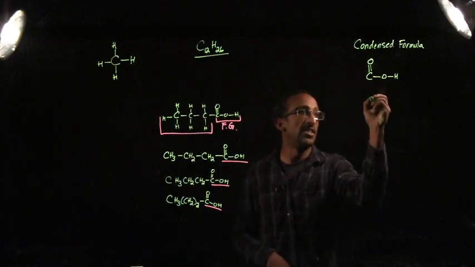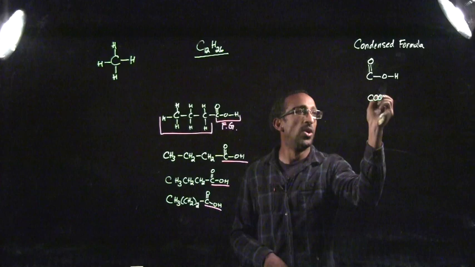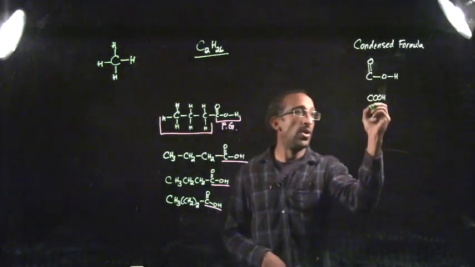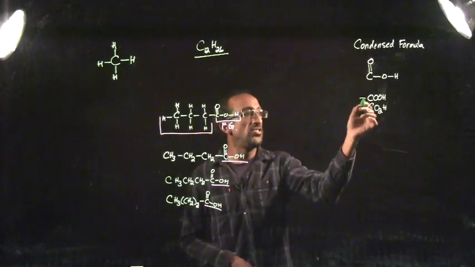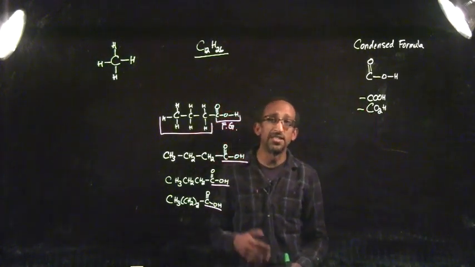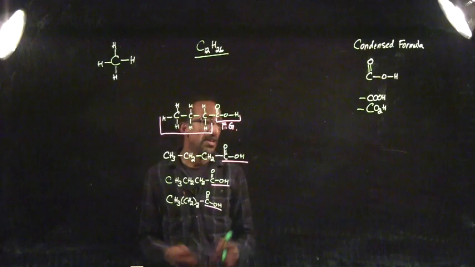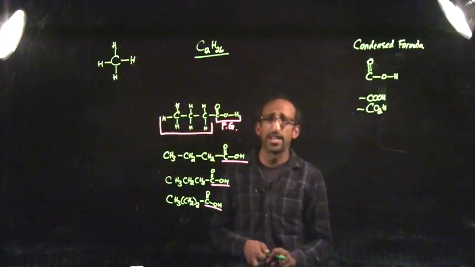We can represent it either as COOH or CO2H. Either of these two methods for condensing the carboxylic acid functional group are perfectly acceptable and communicate the same